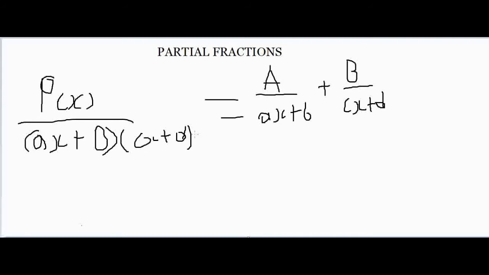Now, basically what we do with partial fractions is it allows us to separate a function such that there's only one term in each numerator. So this function could have several terms, and it makes sure there is only one term for each numerator of the separated pieces. So let's go ahead and start with an example: